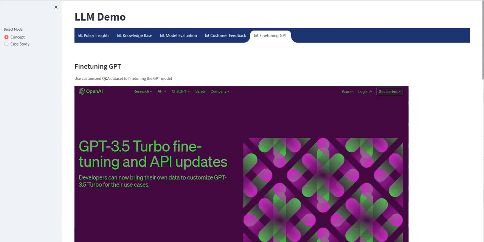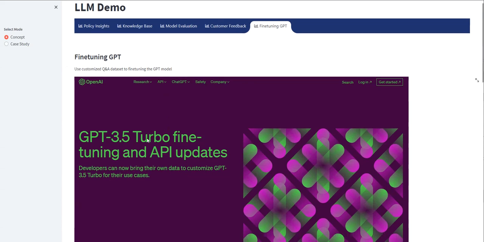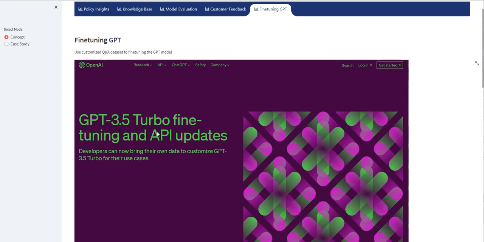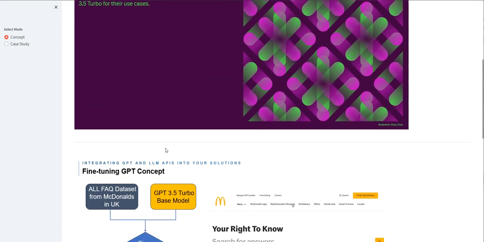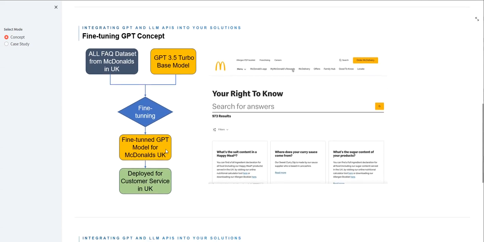So the final demo is actually the cutting edge stuff where you have the ChatGPT, OpenAI give you the capability of fine tuning and API. This is like very cutting edge stuff. They just released that feature last month. By last month, this month is September 2023, right? Last month was August 2023. So you have this fine tuned ChatGPT concept where you have